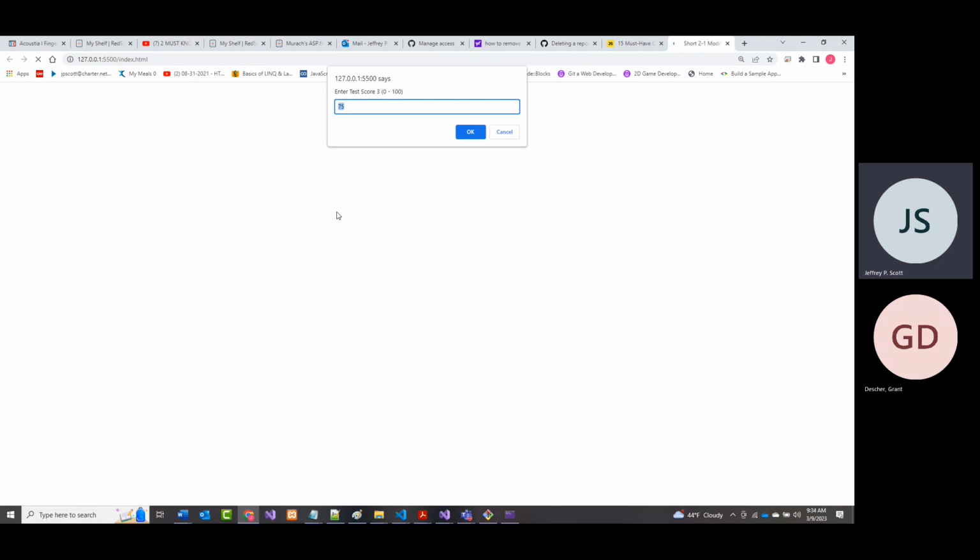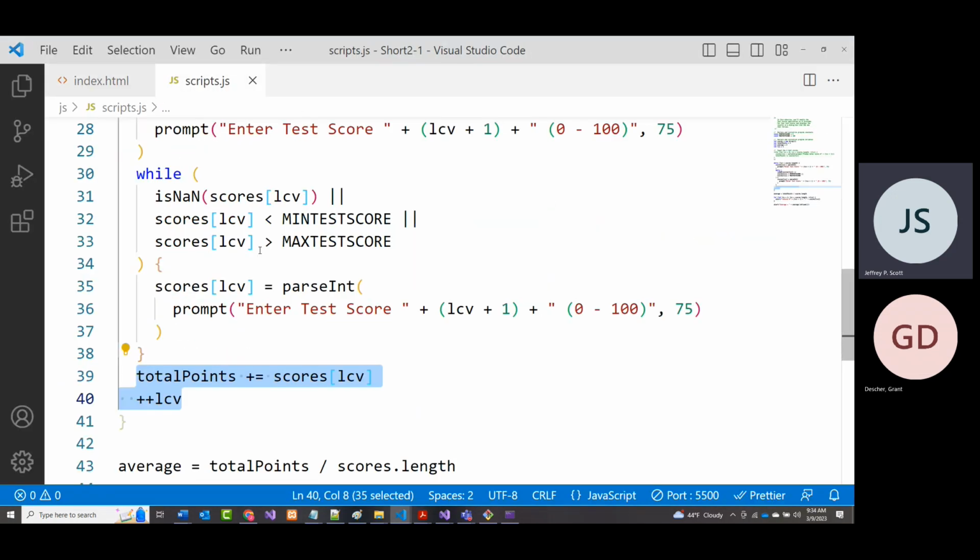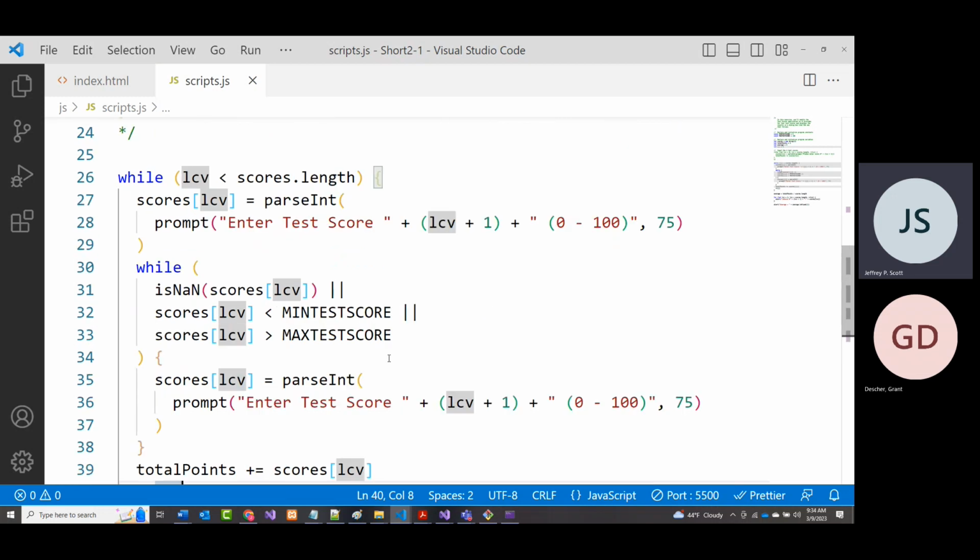Leave this. Okay, didn't take it. It didn't take it. All right. And then for the last one, we'll do the same thing. We'll finally put in something that's valid. All right. And there are our scores. So it all worked. So this worked. For some reason, it didn't like that with the for loop, but by putting it in here with while, it